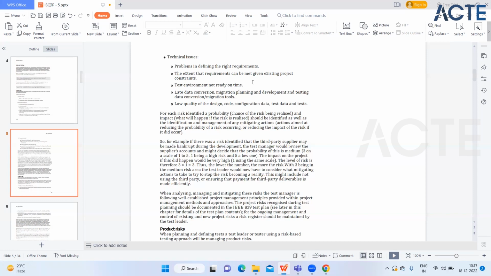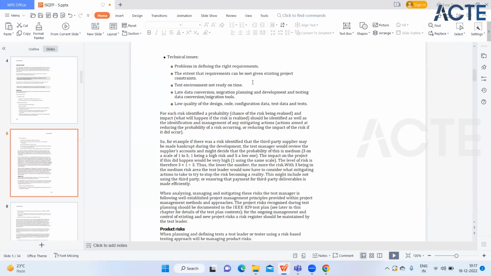Now, why will this come under technical issues? Because the test environment is a kind of technical thing. It should be ready. We have the developers' environment, and we have to perform testing on the stage environment. And if the stage environment is not ready to perform the testing, then definitely it's a kind of risk in